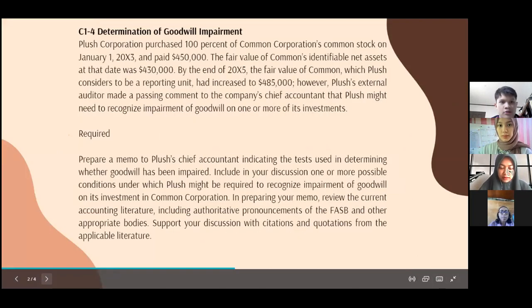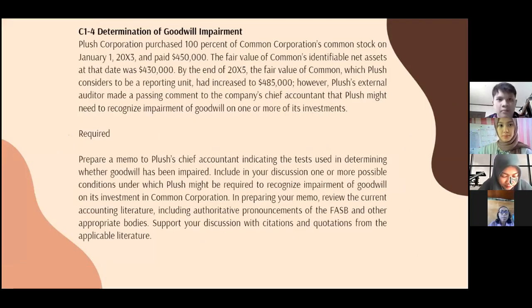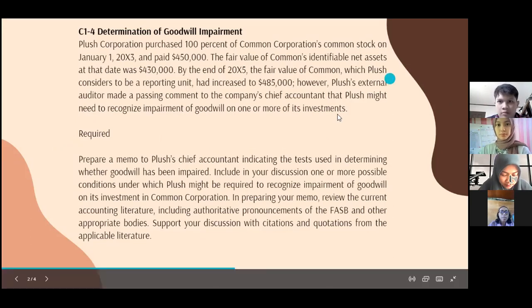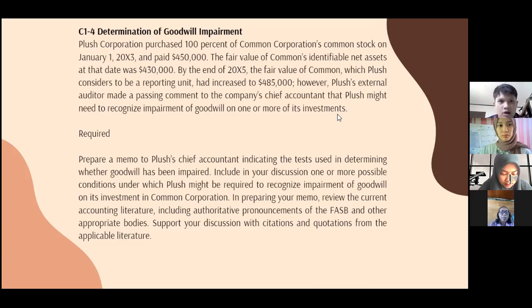So the case of determination of goodwill impairment: Plush Corporation purchased 100% of Common Corporation's common stock on January 1, 20X3 and paid $450,000. The fair value of Common's identifiable net asset at the date was $400,300. By the end of 20X5, the fair value of Common, which Plush considers to be a reporting unit, had increased